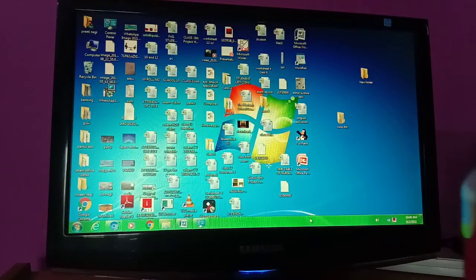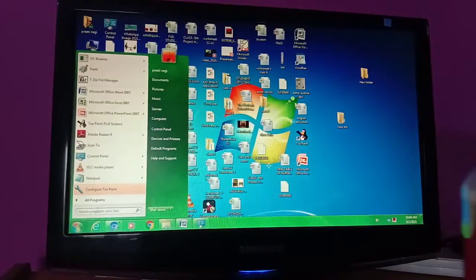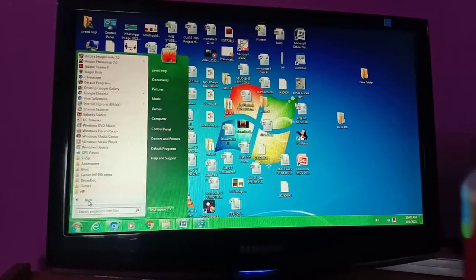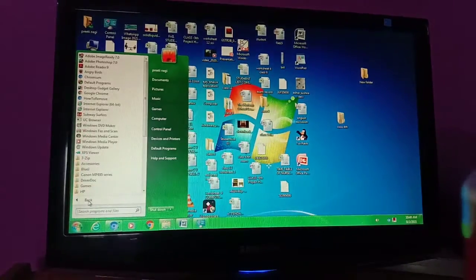Now let's learn more in your Windows. So many facilities and accessories are available with Windows 7. So let's learn about the accessories also. What are the different utility software available with Windows 7? Just go to the Start menu, then click on All Programs.